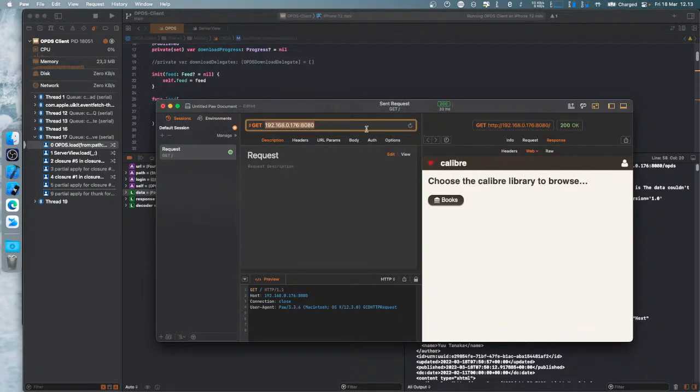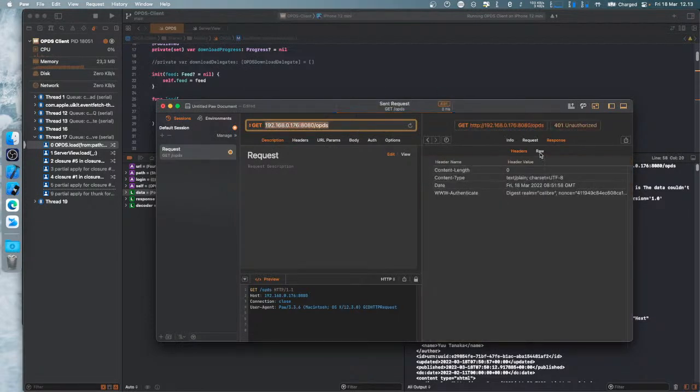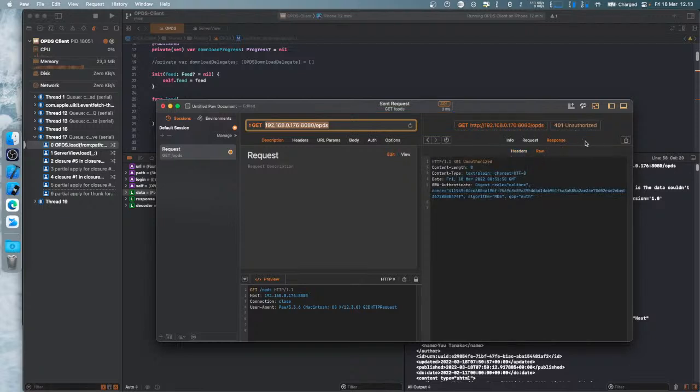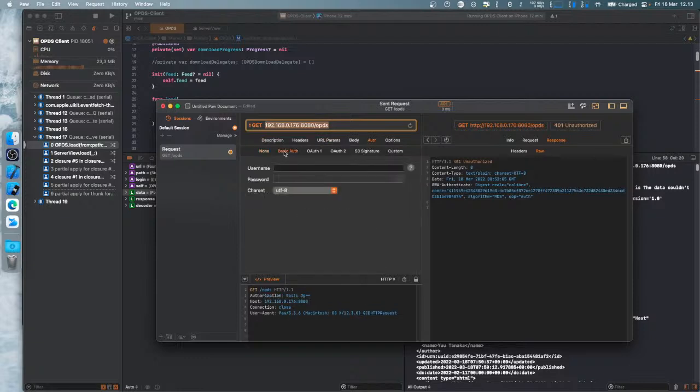Right. But that's not what I wanted. I wanted /OPDS. Because I get an unauthorized. Interesting. So what I am going to do is I am going to